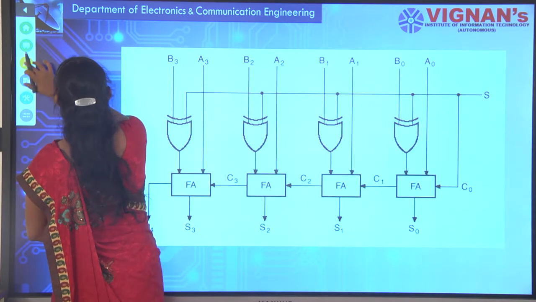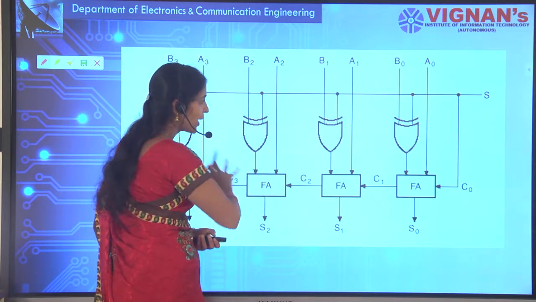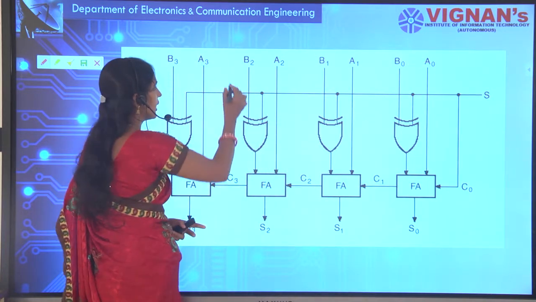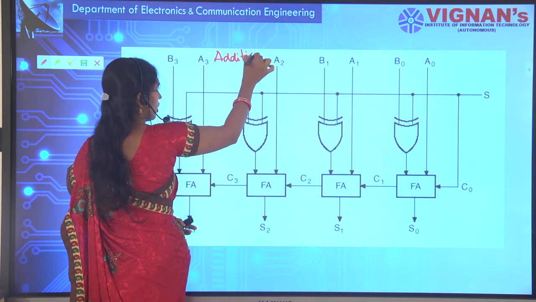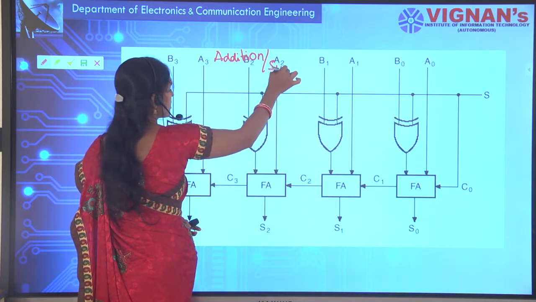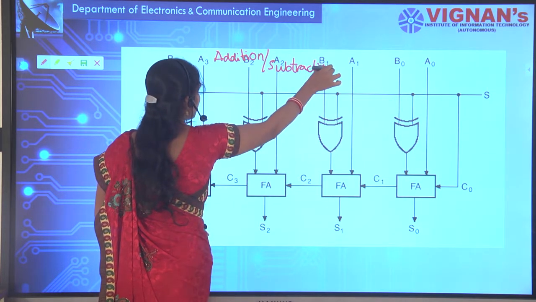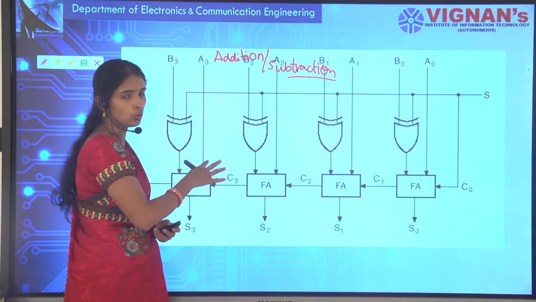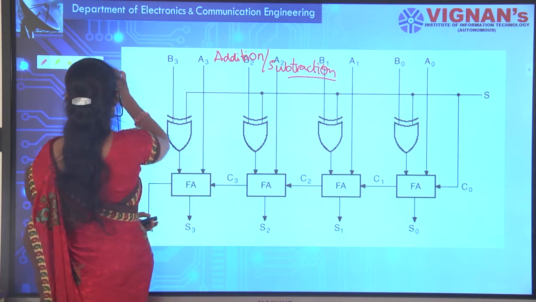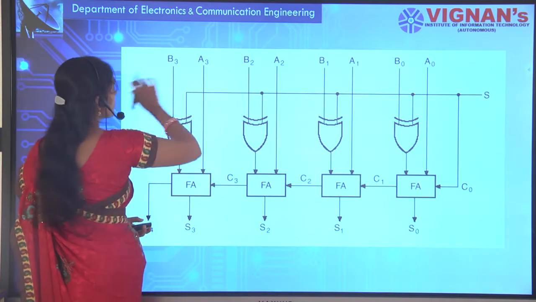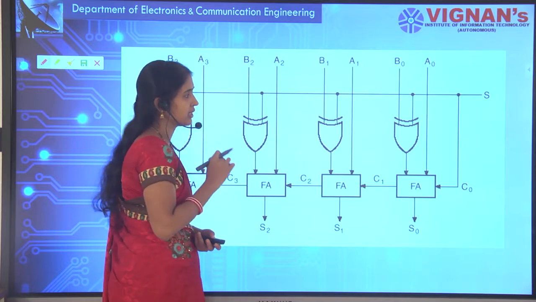So you have to take the 2's complement. This is your binary parallel adder cum subtractor. That means this is only one circuit which performs both addition as well as subtraction operations. Instead of separate circuits for addition and subtraction, this one circuit will do both. Let us consider one example and see how this works as an adder and as a subtractor.